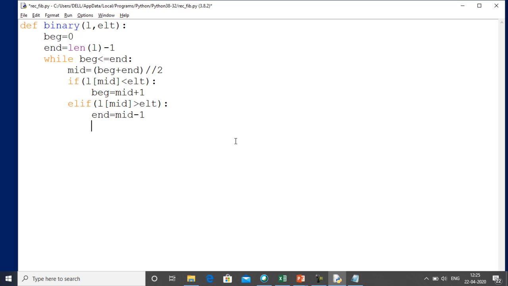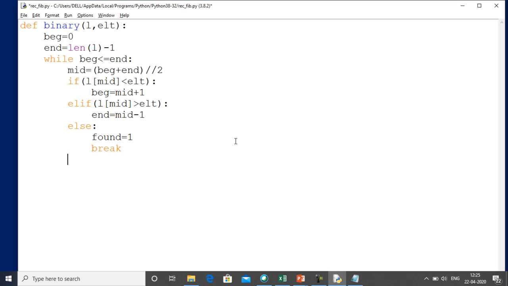But if the middle position element is not less than the element or greater than the element, then it means that it is equal to the element. So in that case what we will do, we will set found equal to 1 and print, and then we will simply break and come out of this loop.